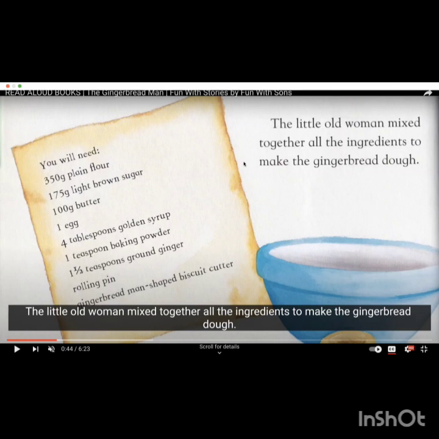Another goal you can target is vocabulary. You can introduce and discuss new vocabulary from the story. Encourage the child to use these words in sentences. You can also play games that reinforce the meaning of new words, such as charades or matching games. You could also play memory games, and that will also be a great opportunity to practice and enhance the